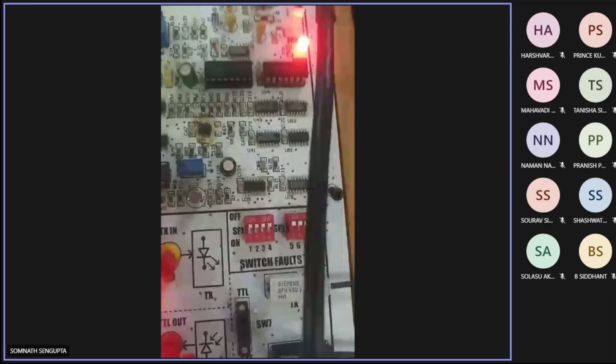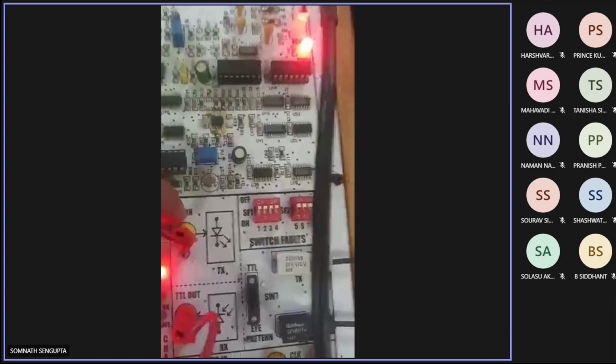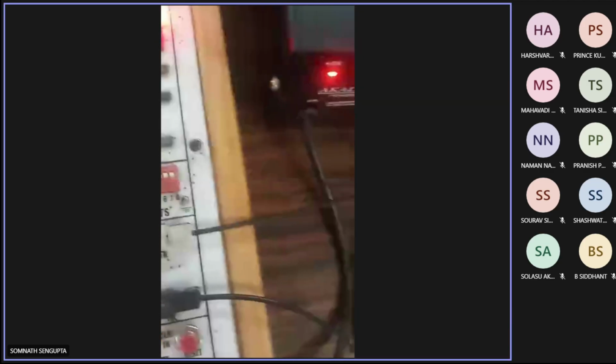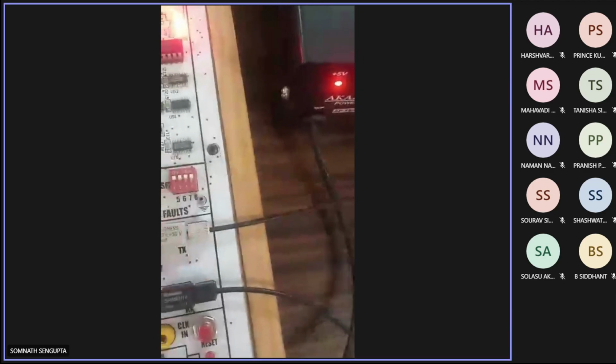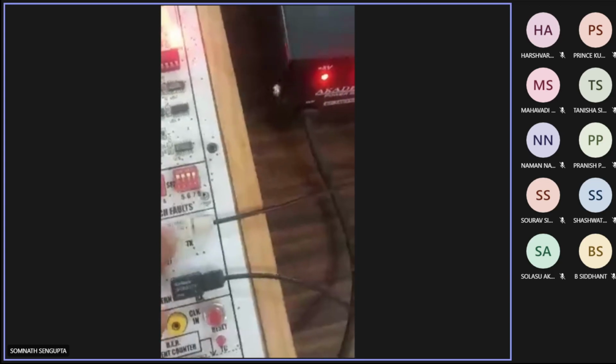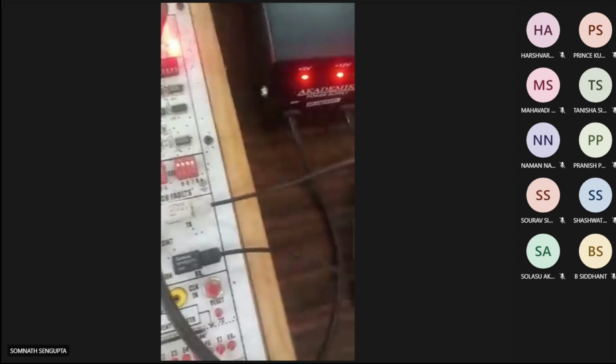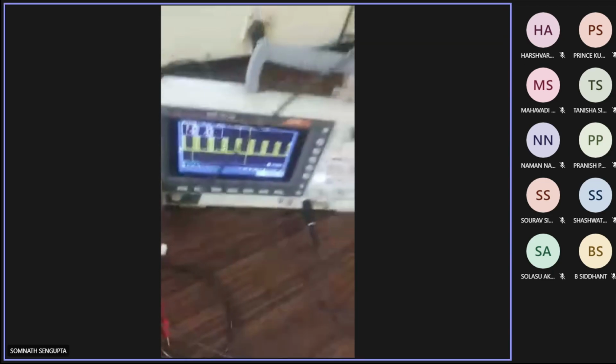to the transmitter circuit. It is transmitted, and after that it goes to the optical fiber. This is the transmitter, this is the switch, this is the LED, and this is the optical fiber. You can see they have connected it, and after that